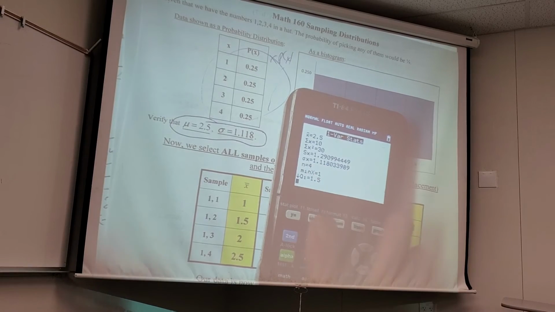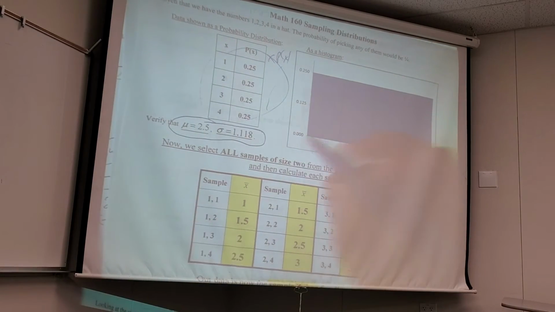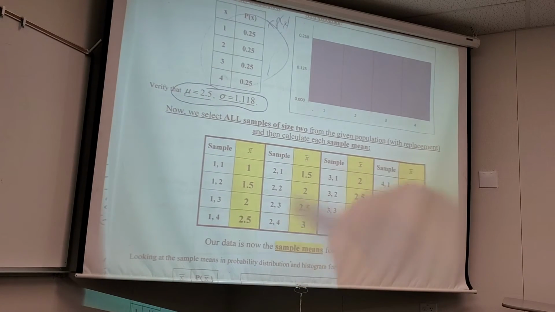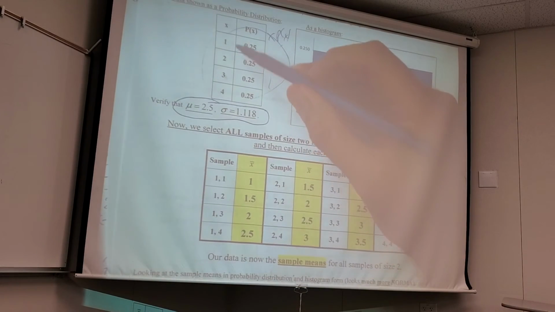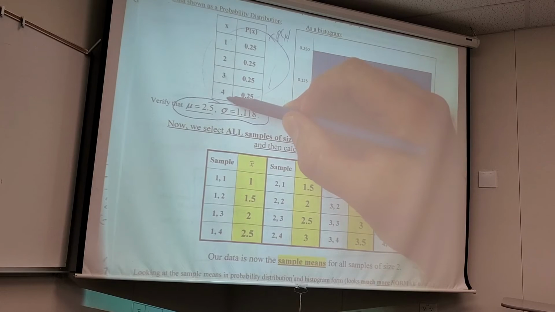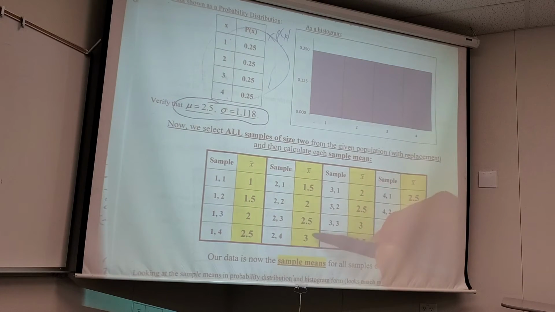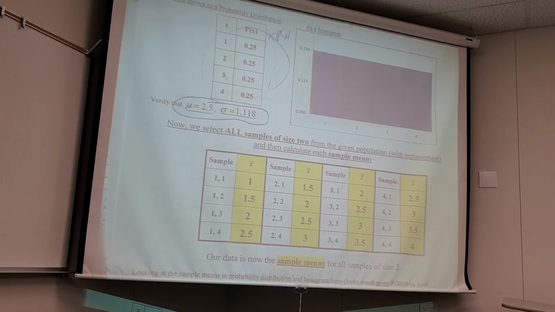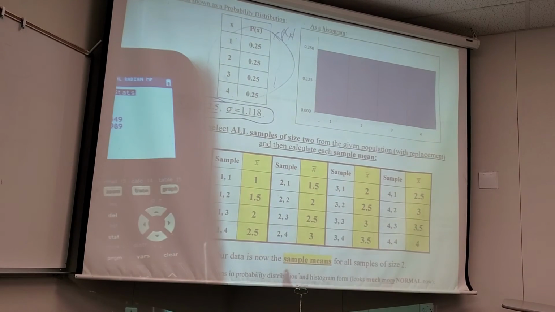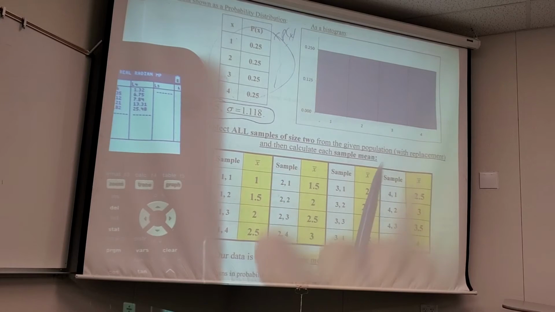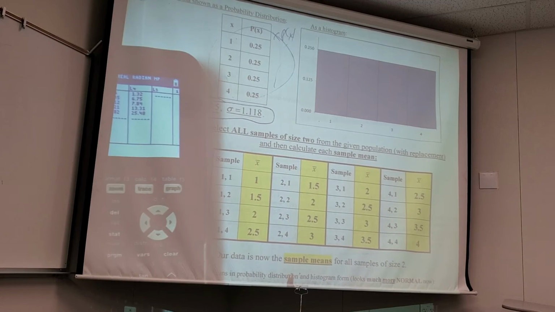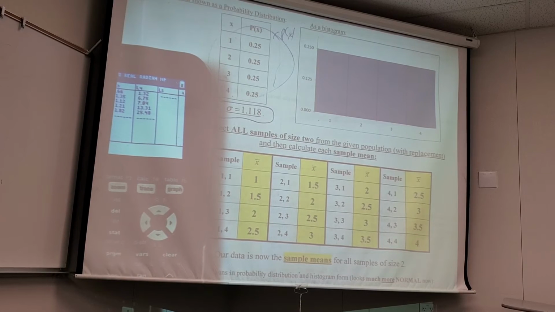Okay, now stay with me. Now I'm going to say, if I take all samples of size 2, and here they all are, the data isn't 1, 2, 3, 4 anymore, it's the sample means. So everything in yellow is my new list of data. So why don't you guys double check me here. Let's put this into list 1, put all this data in. So 1, 1.5, 2, 2.5, 1. Just put it all in there,